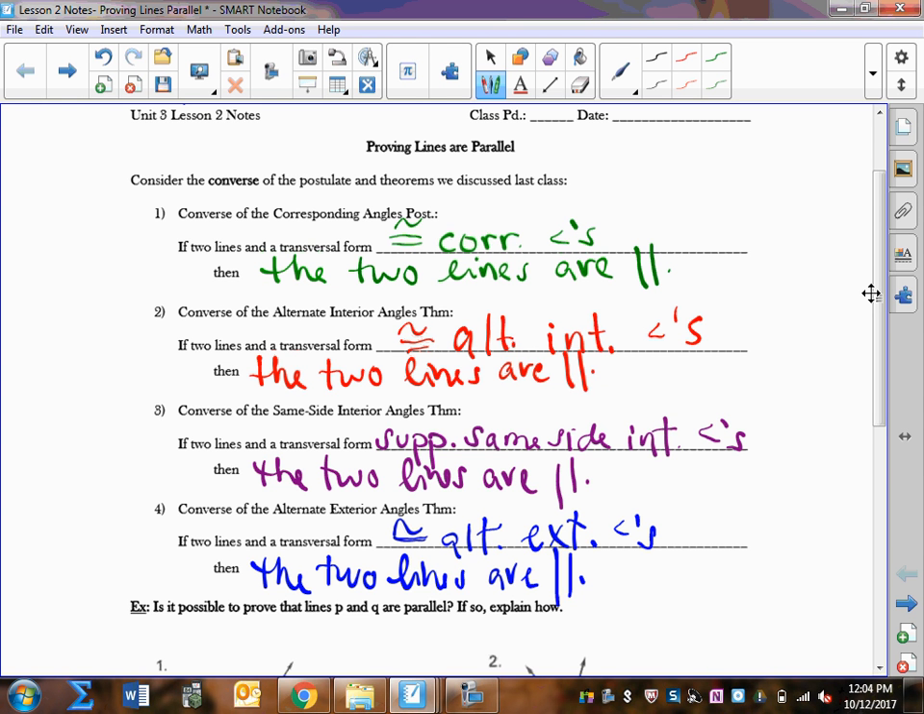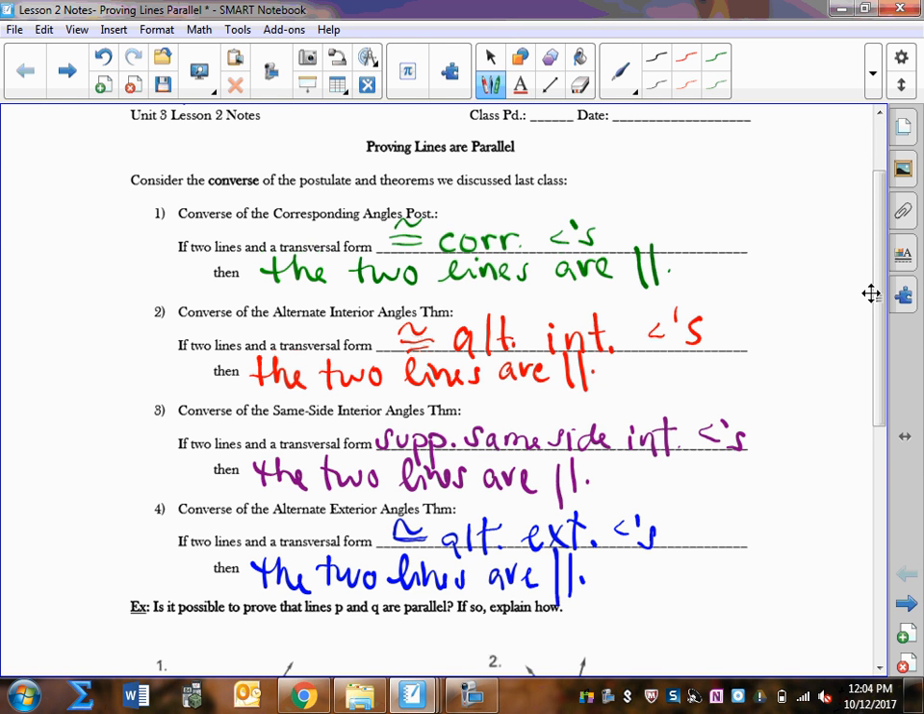Alright, so we have each of these. The conclusion is that the two lines are parallel. Now, all 4 of these, we looked at the converse of them. And for all 4 of them, the converse is true. So now we can add to our bank that we have corresponding angles postulate, but also converse of corresponding angles